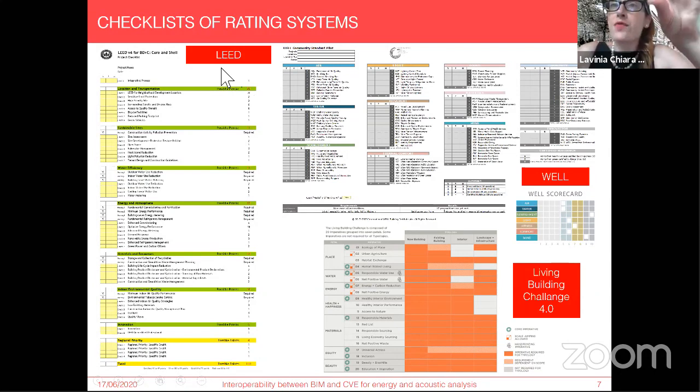And this is the same for the first and second generation of protocols. Here there is this example of LEED, but also for the third generation protocols and tools. Here you can see the WELL protocol and the Living Building Challenge version 4, where we have some of the same